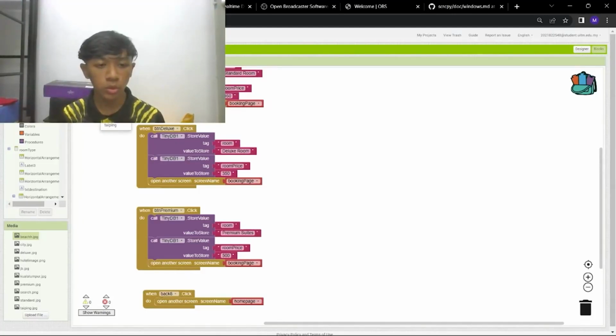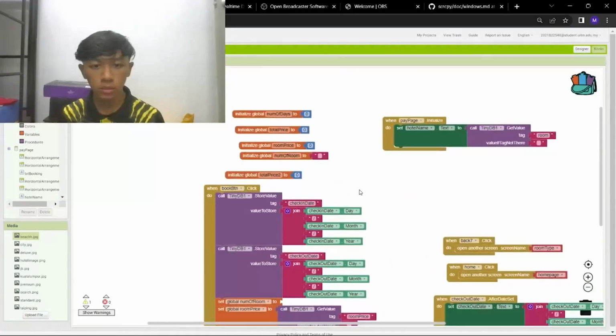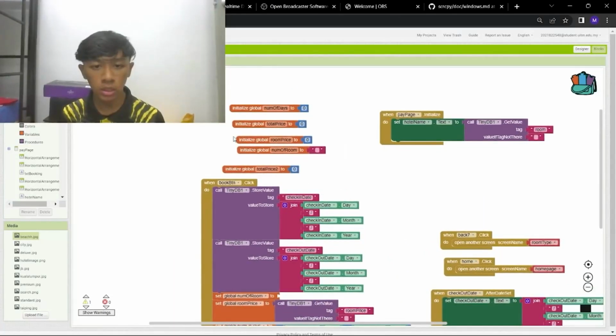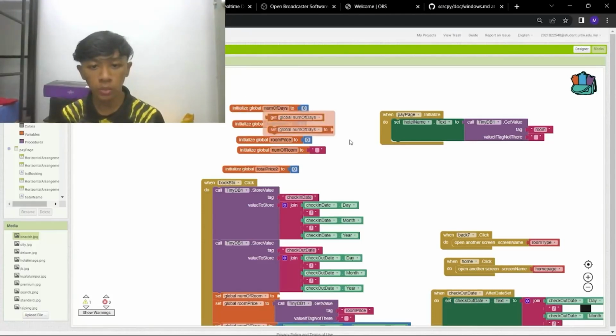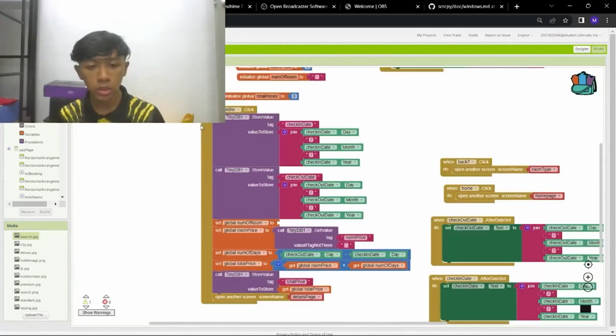Then we move on to the pay page. So this is the initialized global that we use. It is initialized global's number of days, total price, room price, number of room, and we declare it as 0, and text. So this is for the book button. If the user clicks it, so they will